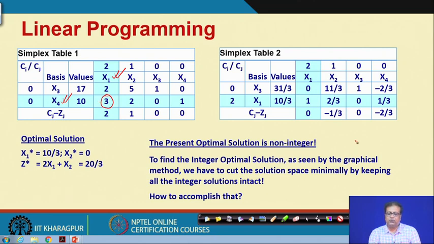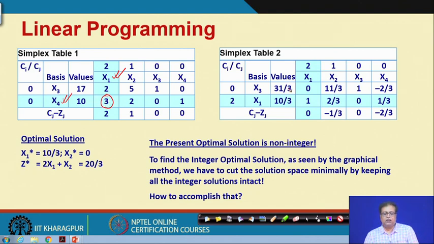So, using them we can find the final solution, that is this simplex table 2. Now, x1 and x3, they are having canonical form 0 1 1 0, they become now basis x3 and x1, and x2 and x4 will be now non-basic and the values are computed. For example, 10 by 3, this 3 becomes 1, 2 becomes 2 by 3, 0, 1 by 3. Then this is the canonical form, this value which was 17 minus 10 into 2 by 3, so becomes 31 by 3. Is it all right?